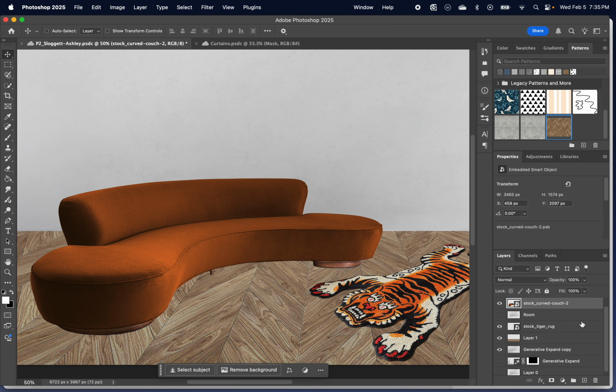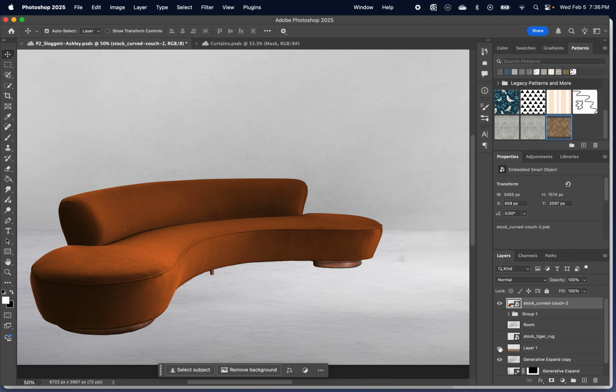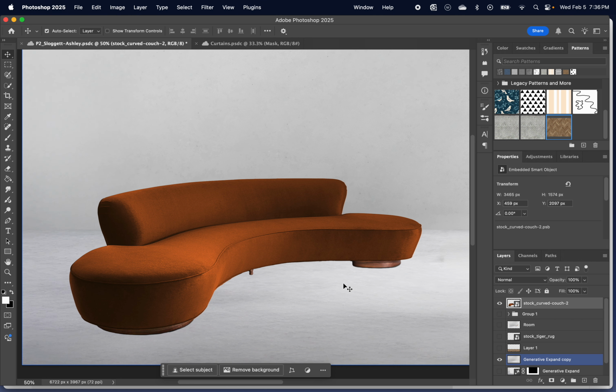Okay, I'm going to bring this all the way to the front. I'm going to turn these other layers off so that we don't get influenced. Okay, so I've got my couch. I'm going to make a copy,